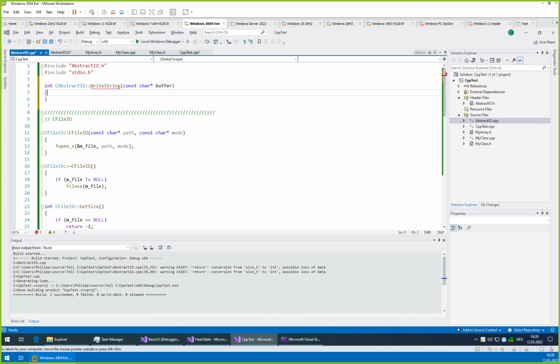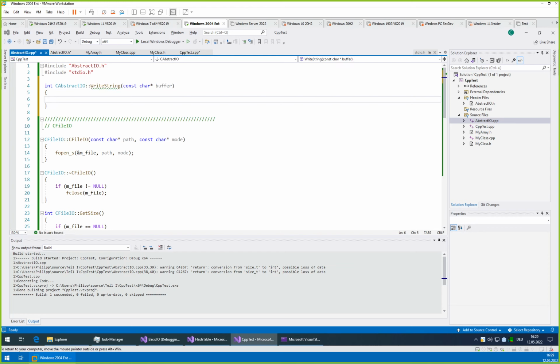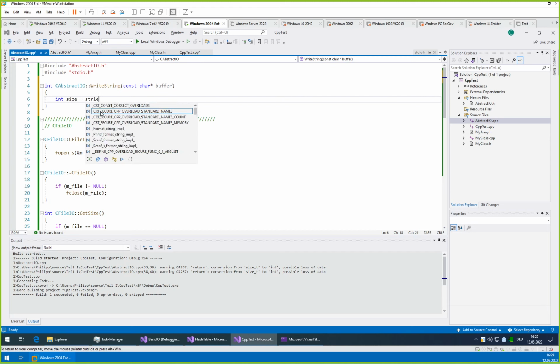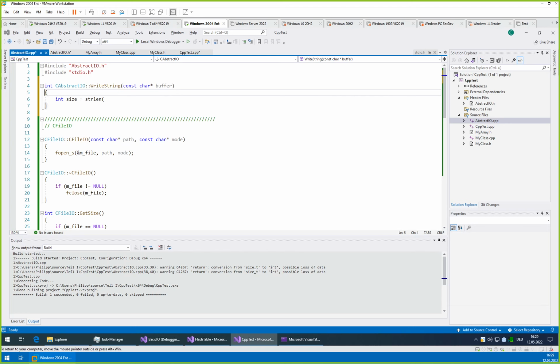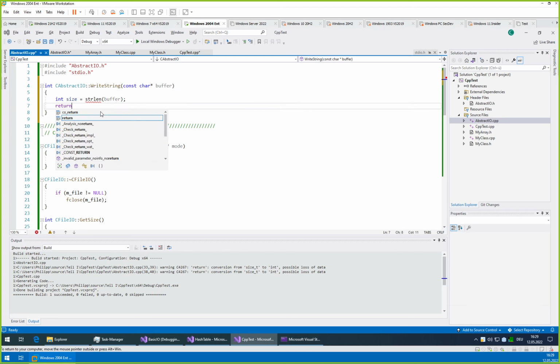Okay, now we would have two ways of implementing that. Let's go with the more elegant one. Int size equals strlen of buffer, and return write buffer.